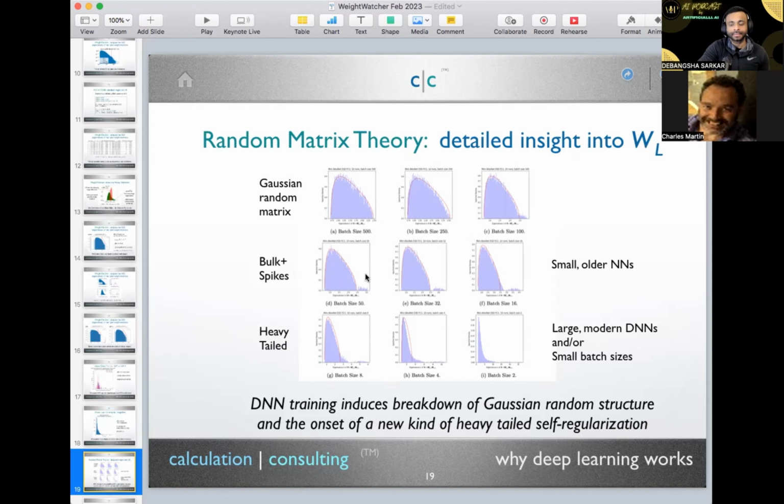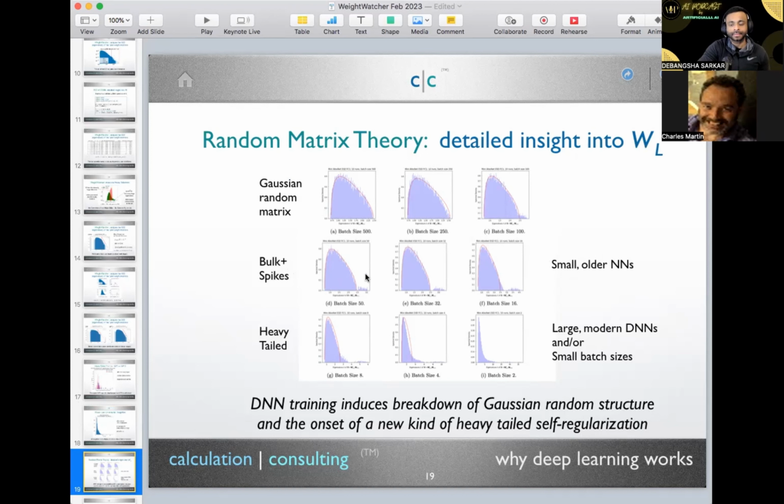Now, some of these ideas really come from when I was a quant at BlackRock, and we were studying correlation matrices of the stock market. If you're a quant working on Wall Street, you know all this stuff, because you're trying to predict the markets. And the quants on Wall Street are all theoretical physicists, so they've been doing this stuff for decades. And they know that if you look at the stock market, you'll see these sorts of heavy-tailed distributions.